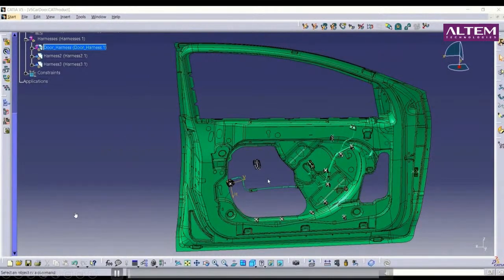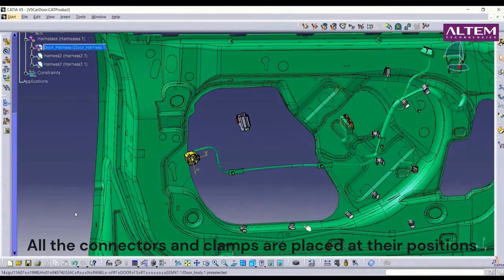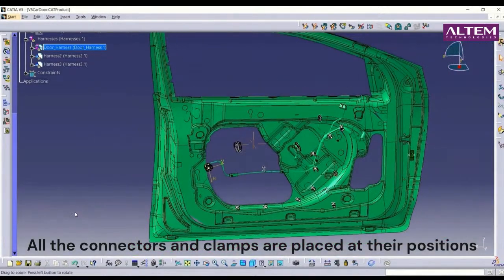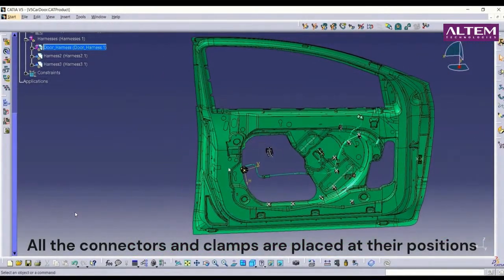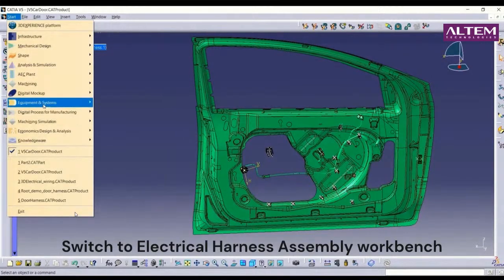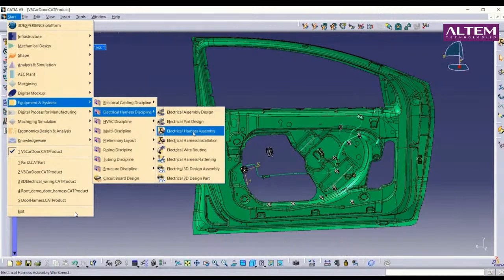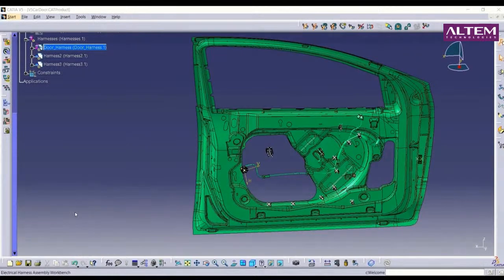So we have placed our parts at the proper positions. We will just verify them. All the parts are placed at their proper positions, and now we can start our harness installation. So before starting it, we have to switch to the electrical harness assembly workbench. So we have switched ourselves to the electrical harness assembly workbench, and then we have to add a sub assembly in